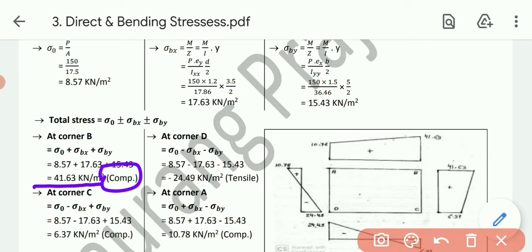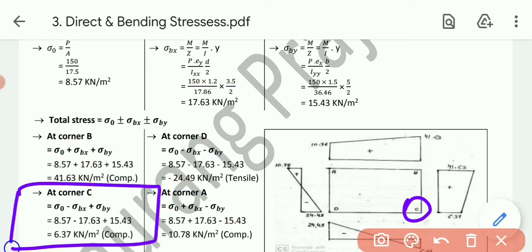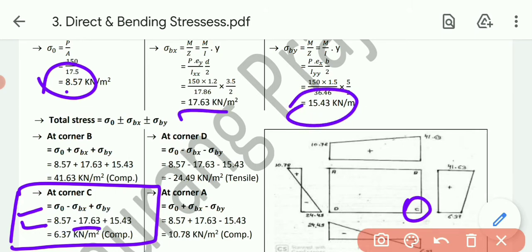Then at corner C, this one means second quadrant, minus plus: sigma 0 minus sigma bx plus sigma by. Sigma 0 is 8.57, sigma bx is minus 17.63, and sigma by is plus 15.43. Solving this I will get the answer 6.37 kilonewton per meter square, and again as it is positive,